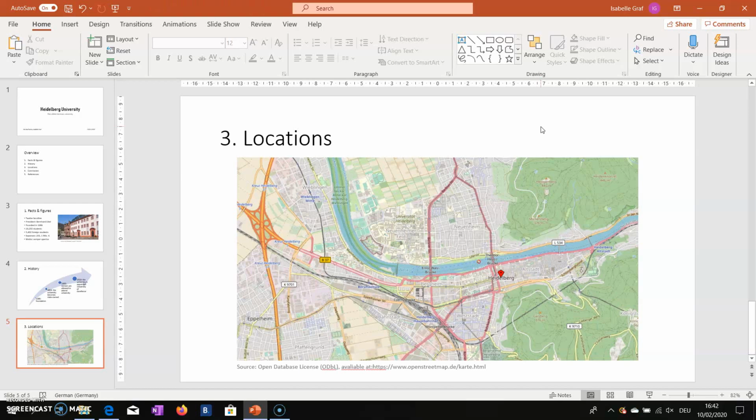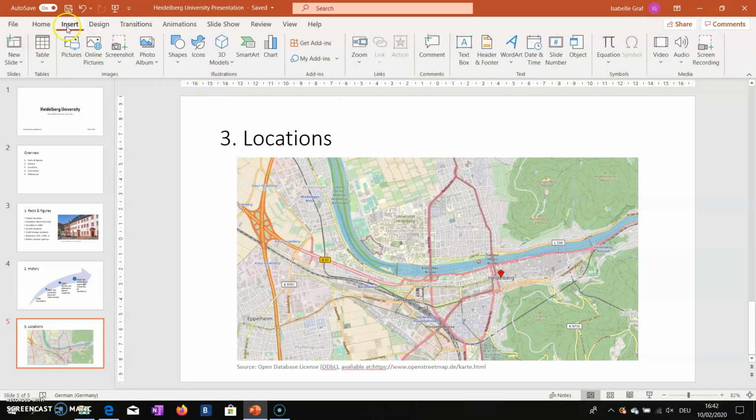Okay, now we got a map of Heidelberg, but it's not very clear where exactly the university is located. So we thought it's a good idea to use some arrows to locate and to highlight the locations of the university. University has 3 positions, so we're going to use 3 arrows, but we're going to insert just one. You go on insert over here,